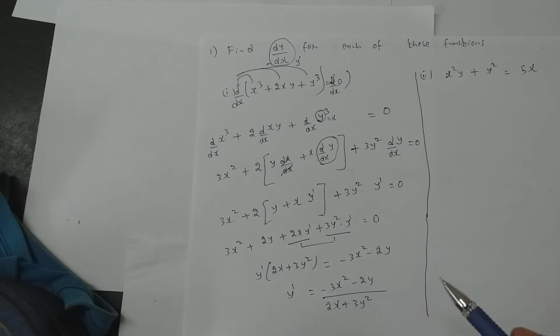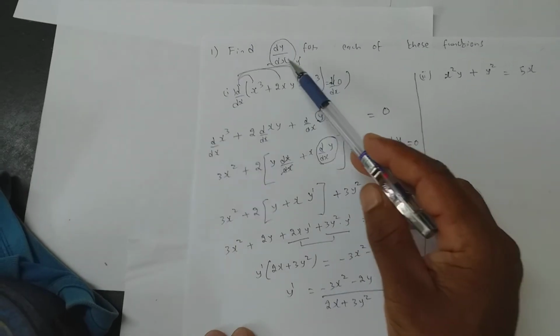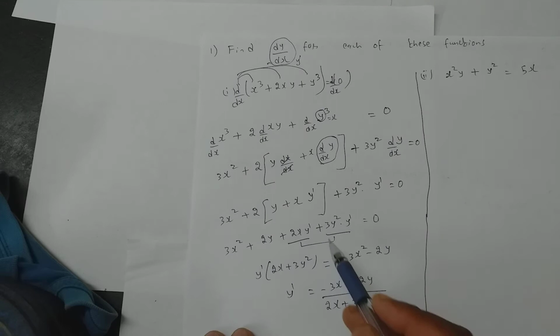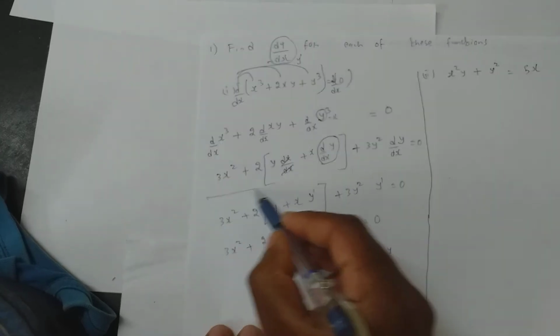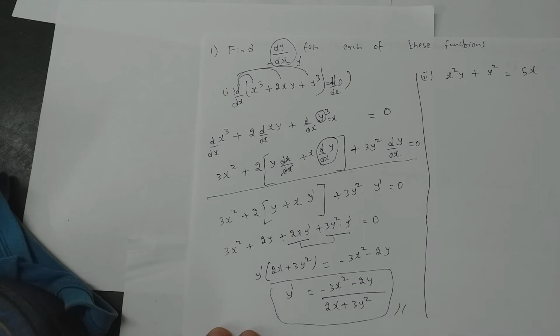I think in this example only you might have already understood, right? It was far easier to put y dash in place of dy by dx. Writing dy by dx every time would have been a trouble for us. So once you have done the second step correctly, change. Don't write dy by dx again and again. Just put y dash. Am I clear? So this is the answer.